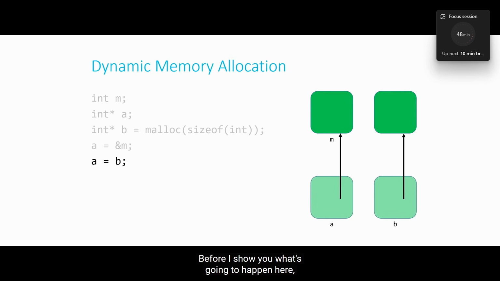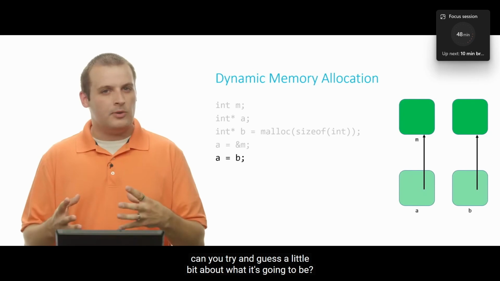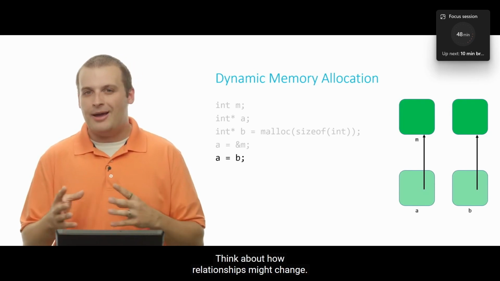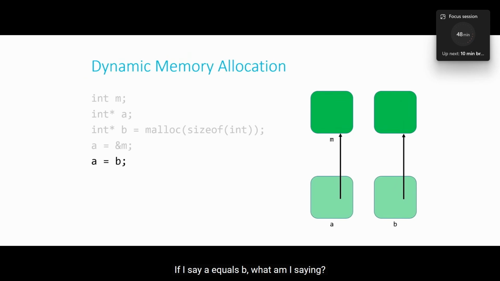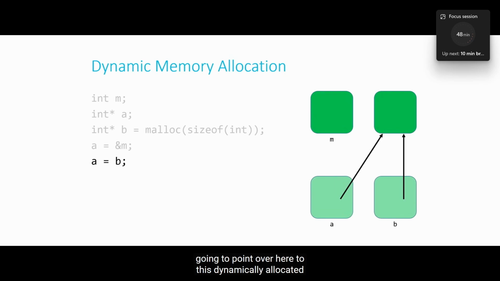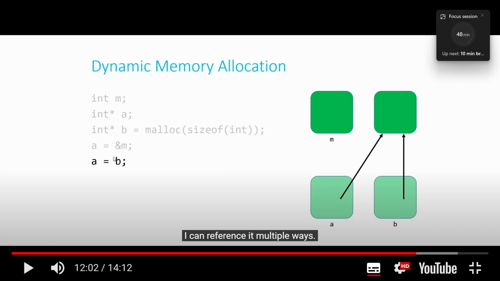Before I show you what's going to happen here, can you try and guess a little bit about what it's going to be? Take a look at the diagram, think about how relationships might change. If I say A equals B, what am I saying? What I'm saying is that A and B are now going to point to the same location. In particular, A is going to point where B currently points. And so instead of pointing to M, A is now going to point over here to this dynamically allocated block that I can currently only reference. Now I